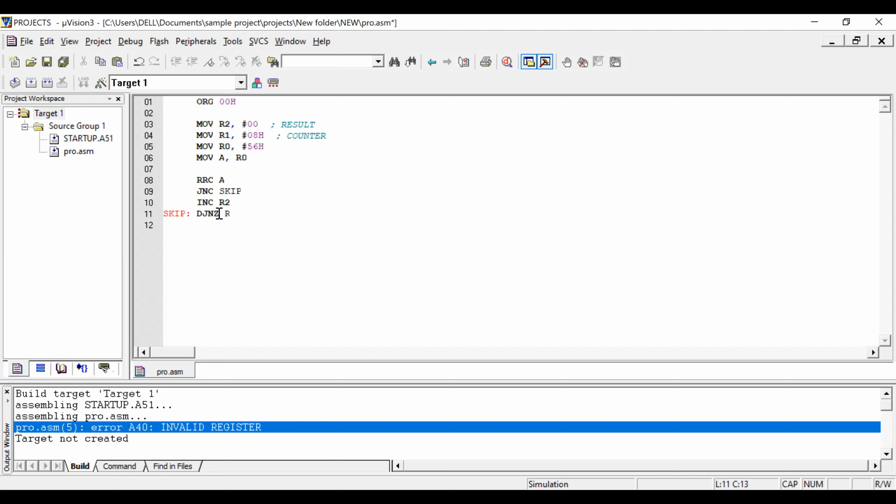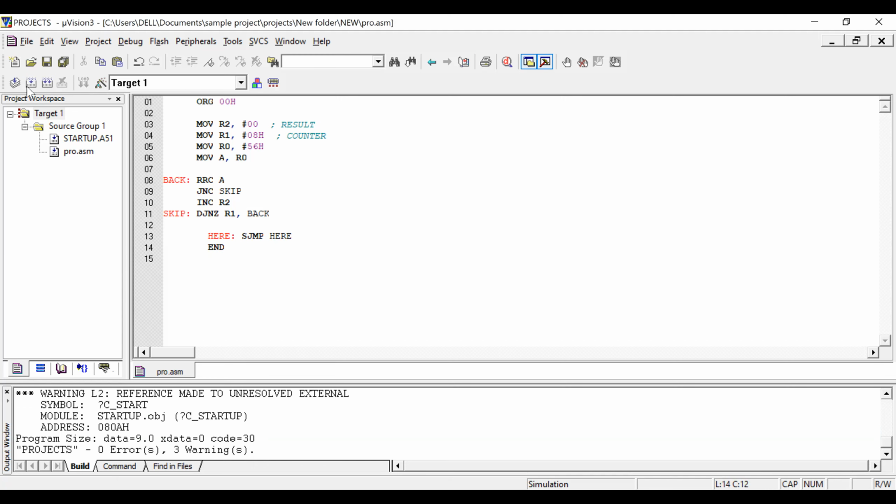That is my counter R1, comma, I can have an iteration, that is the number of times I would like to go back to this instruction. Okay. That's it about the program. Here you can have a jump here and end the program.